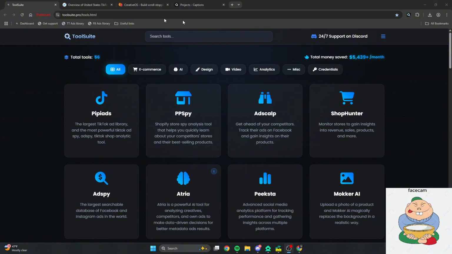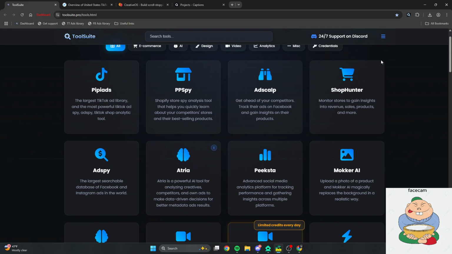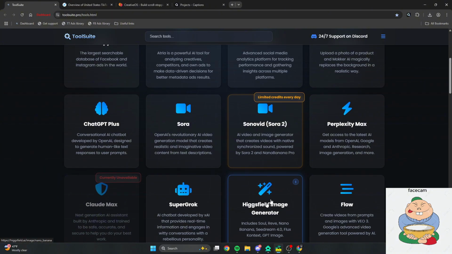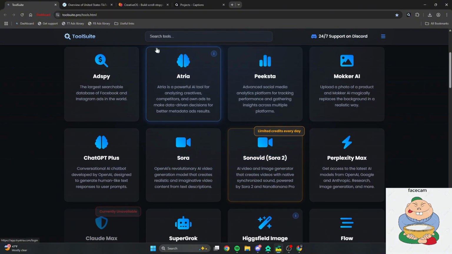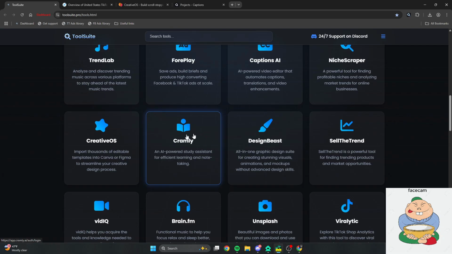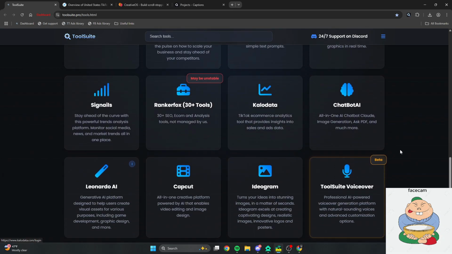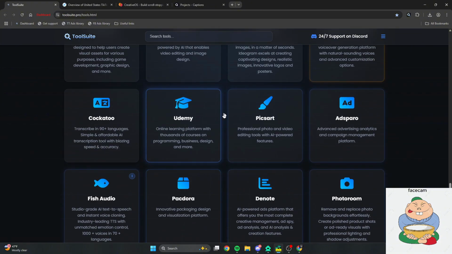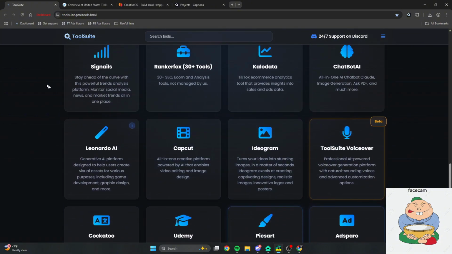But why should you buy this? This is a $30 a month program, and at the top right it says you're saving $5,500 per month. What does that mean? You're getting Sora AI, ChatGPT Plus, Grok, Higgsfield, Perplexity, more Sora stuff, Creative OS, all of this for only 30 bucks. CapCut, Canva, you're saving so much money, and it's the best place to do e-commerce. Most of you probably don't have much money to spend. This is the number one thing you're going to need, especially if you're trying to do e-commerce.